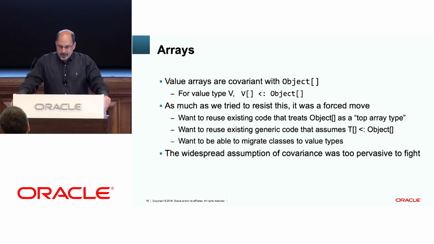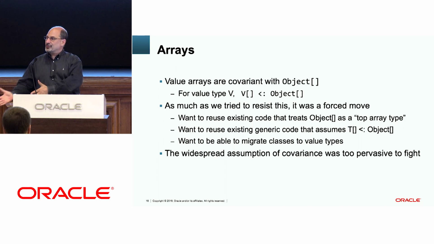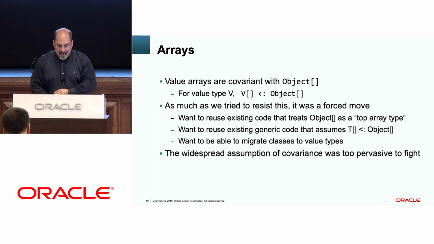A lot of work went into the array implementation to make arrays of value types covariant with object arrays. So for any given value type V, V array is a subtype of object array. We dragged our feet on this for a long time. We tried really hard to avoid paying this price, and we just kept finding ourselves boxed in by the way everybody codes in Java. And we want the way people code in Java to carry naturally over into the values programming model. And so we had to suck it up and pay the cost of array covariance